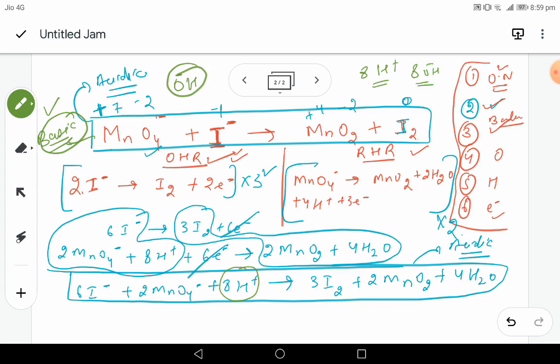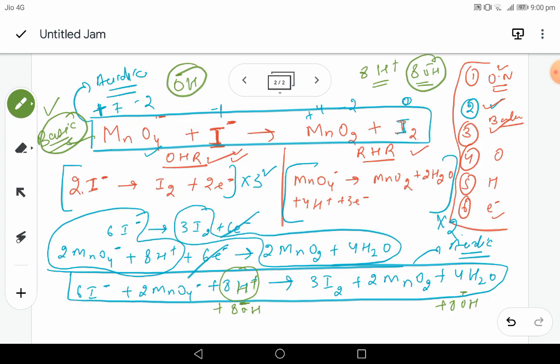And since we are adding 8 OH negative, it should be added equally to both the sides. Okay. So that we maintain a balance. Right. So if I am adding 8 OH negative to the reactant side, don't worry and with free mind add equal number of OH negative to the other side. Okay. So we will first add OH negative equal amount to the side where we have H positive and equal number of OH negative should be added to the other side also.